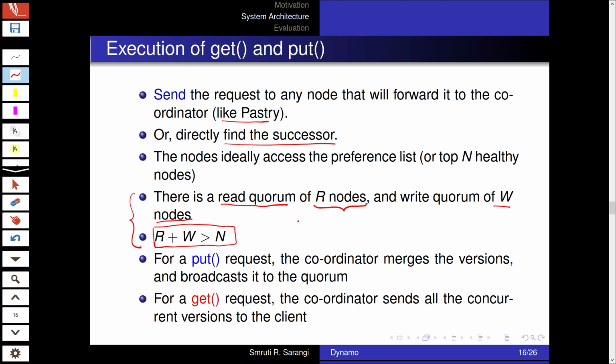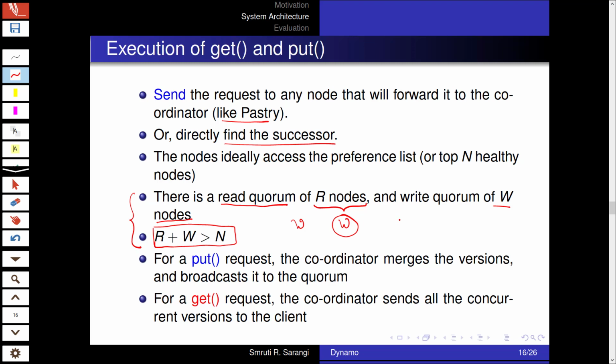So in this case, let's consider the fact that I'm writing and I write it to W nodes. When I'm reading, I should at least reach one of these nodes. And if I reach one of these nodes, I will get the update. So when will I not get the update?